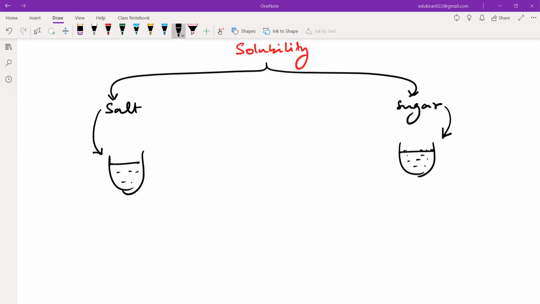Adriel, tell me. What do you think? Which substance will get dissolved easily? Sugar. Yes, Fatima Munir, what did you say? Sugar. I think it's sugar. Okay. Adriel, what do you think? I think it's salt. Salt. Okay. Alida, what do you think? Sugar. Okay.